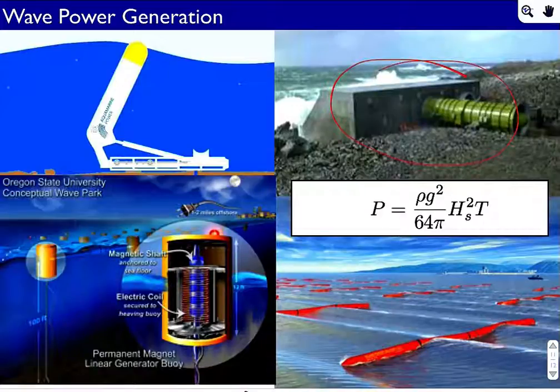The water basically comes in. It's difficult to see, but this thing here contains the water. Air lives in there, and as the water comes in, it compresses air. The air moves through, and it turns this turbine right here and generates electricity. So you're compressing air on each wave, and as the water goes out, it pulls the air the other way. So it's a two-way turbine driven by the air, which is driven really by the water being forced into this